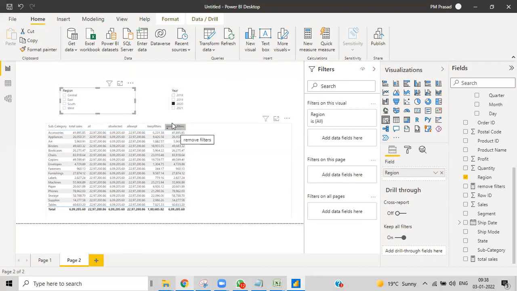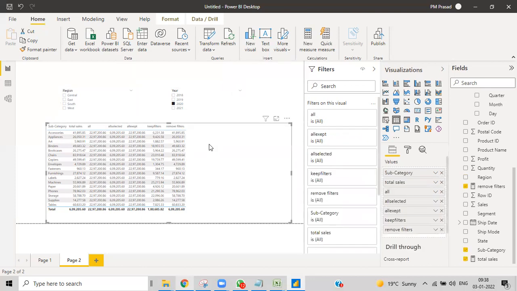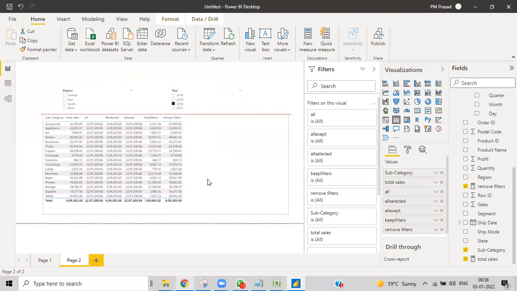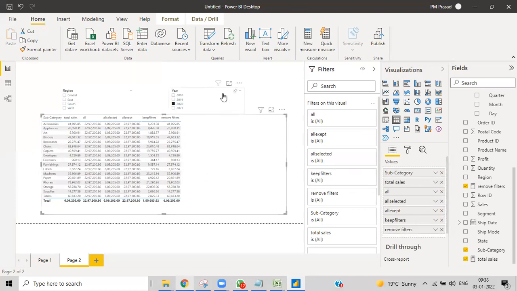It will remove filters only for that particular column. This is exactly how it works. So we have majorly five different things that we need to differentiate from one to another. Keep in mind how it keeps the current context. Just by understanding this, you then need to practice this, whatever you need at this instance.